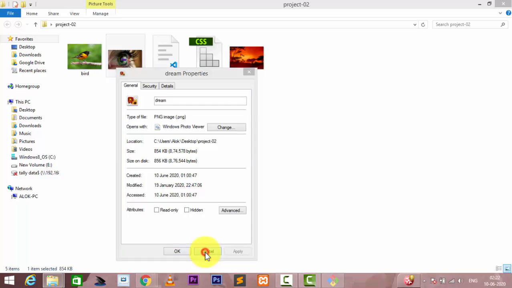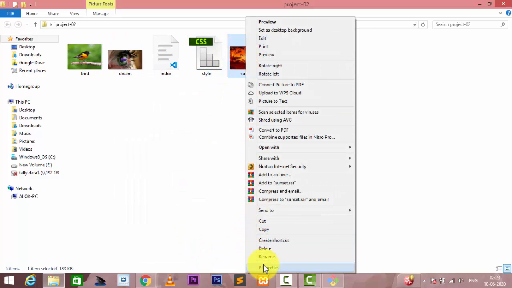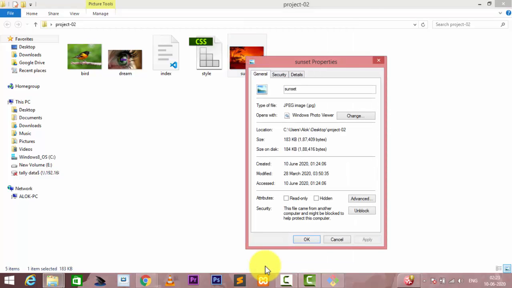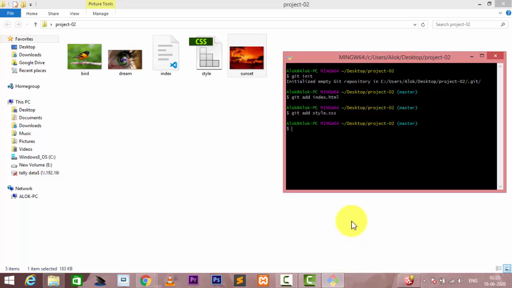One is jpg format, another png format, another one is jpg again. So again bird.jpg, and again I add.